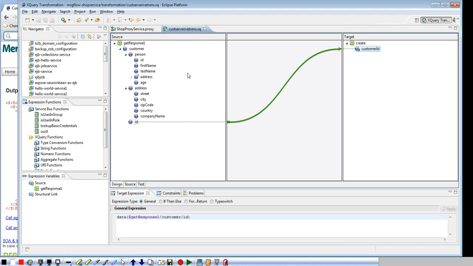Okay, so this is what we have done so far. So we have created a